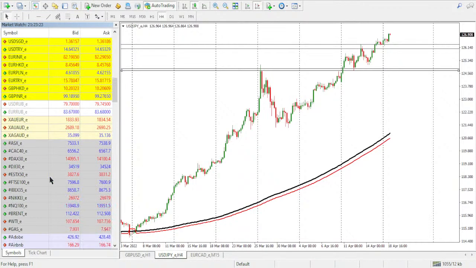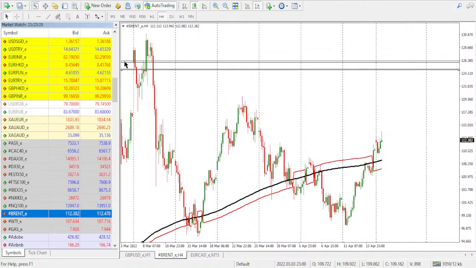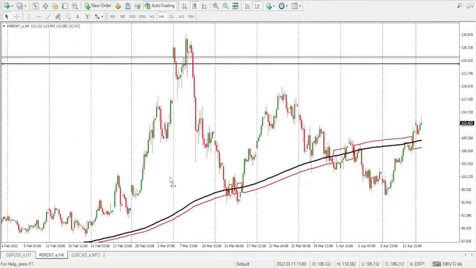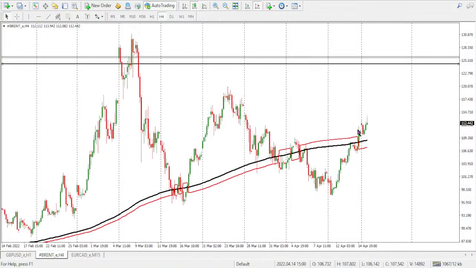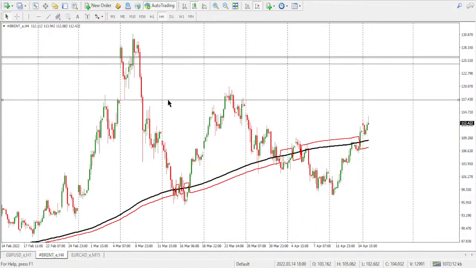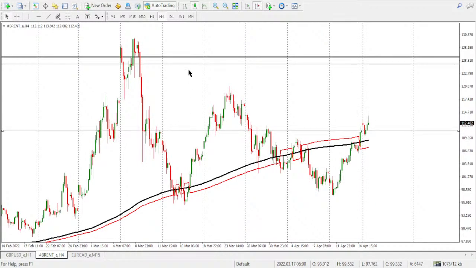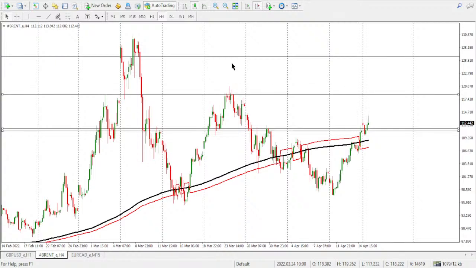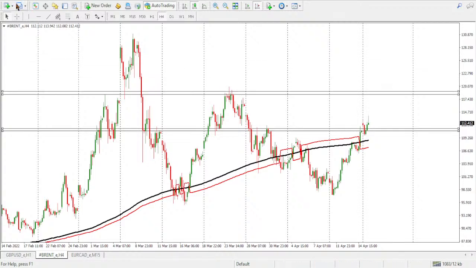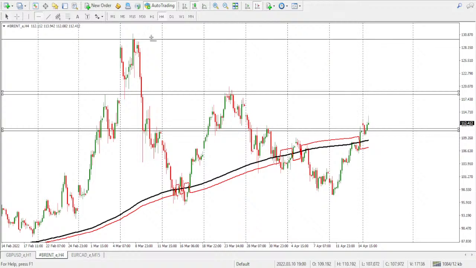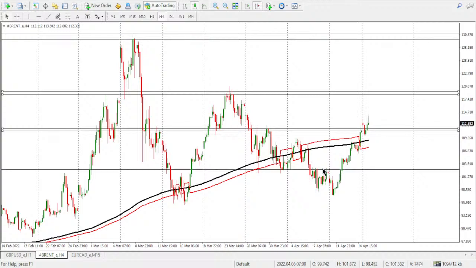My next instrument is the Brent oil. So with the Brent oil, so far we are expecting that the buyers should be in full control. You can see that there was this break above, the price is above this moving average, but we do have a very good resistance level. Actually, this should now act as a good support. Here we have another one there, and then you have another one at the top here. So technically, if we are to look for a trade on this chart, we'd like to see price retrace back and